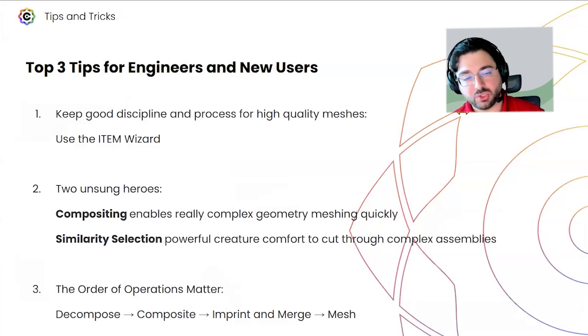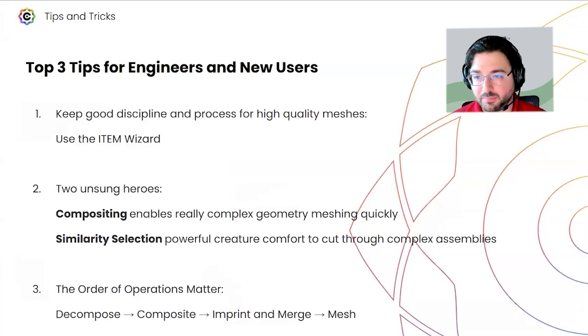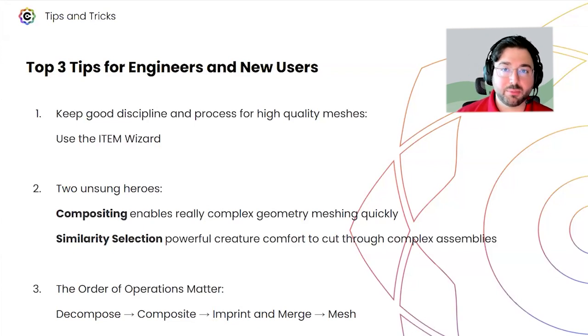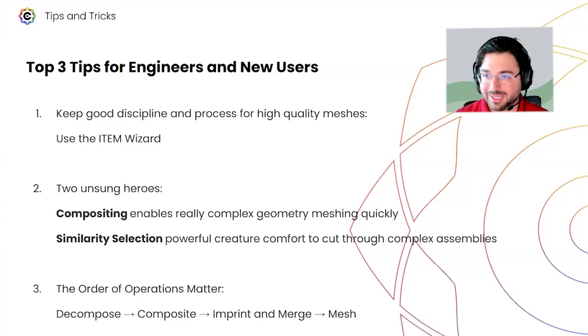And I want to make 2 call outs to features that I think are a little under considered, and that's compositing, which I'll demonstrate how it benefits meshing some complex surfaces, and then similarity selection. So there are a lot of pattern components, a lot of arrayed components, and a lot of assemblies, and they might be difficult to click and swing the model around. And similarity selection, again, gives you the speed to power through decomposing these assemblies. And finally,